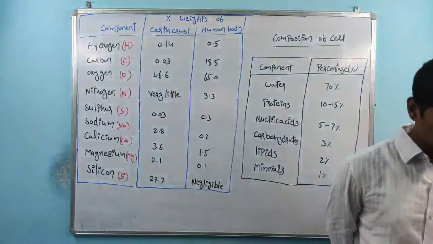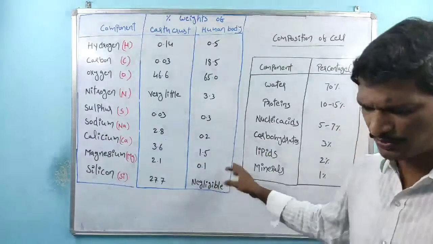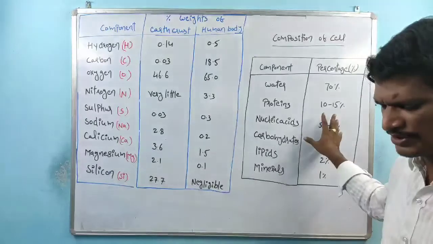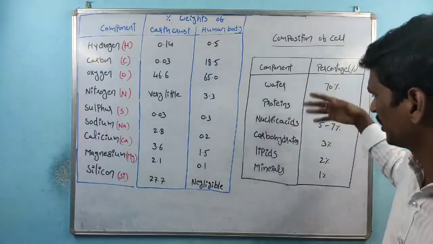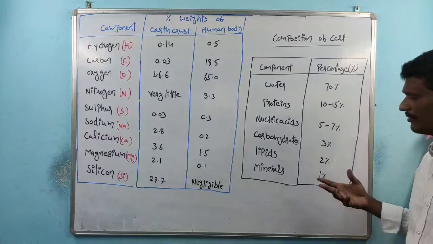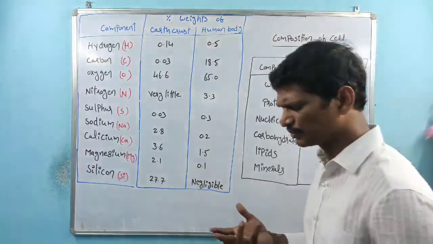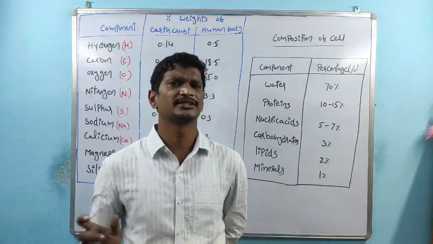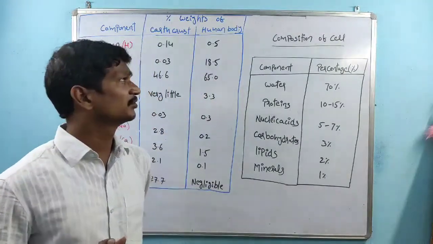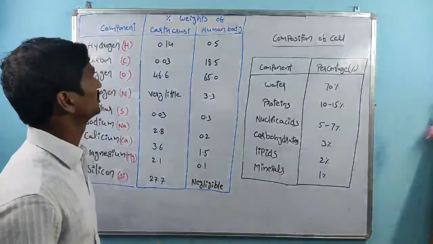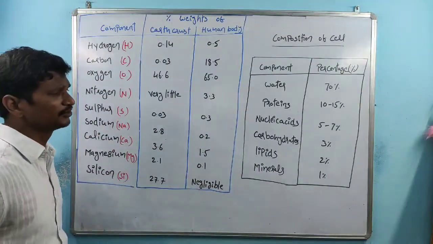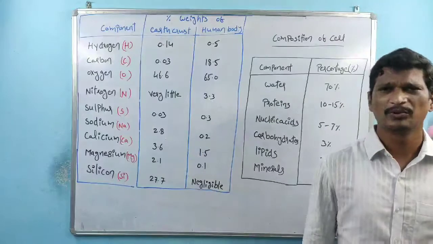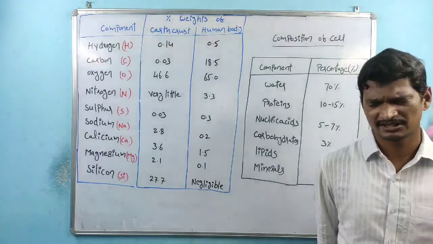Remember, this table is also important. Compare it with these two tables. This table is very important because in the majority of cases questions are given from this table. And remember, sometimes these values are flipped. Once the values are flipped, we have to choose the right option, or we have to correct it. So that is about the composition of the cell and the composition of the earth's crust and the human body. Next we will discuss the importance of protoplasm and the importance of minerals.